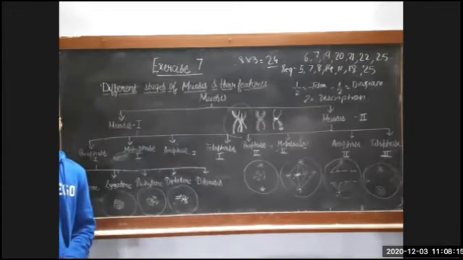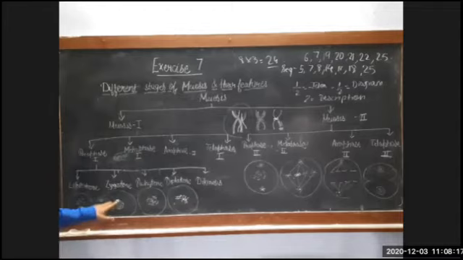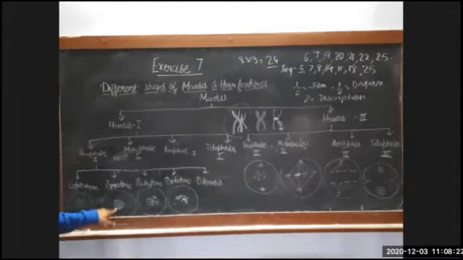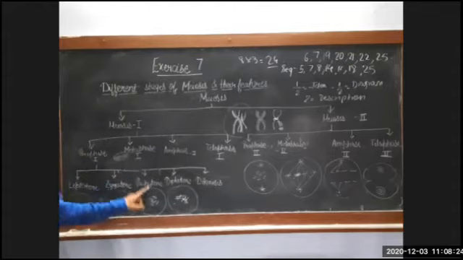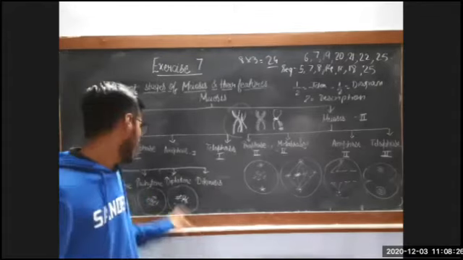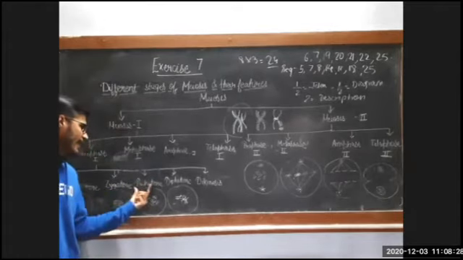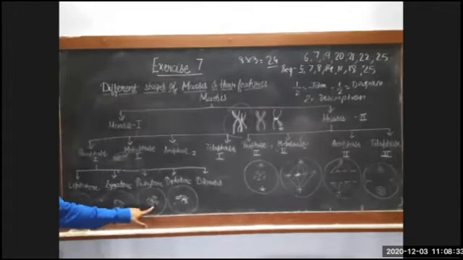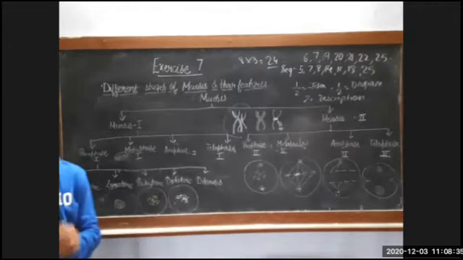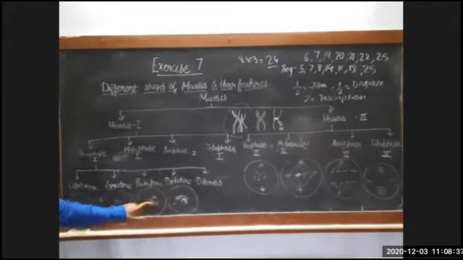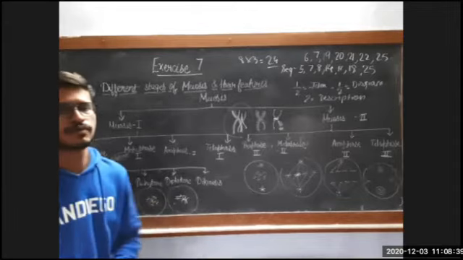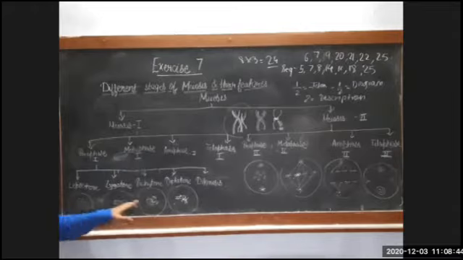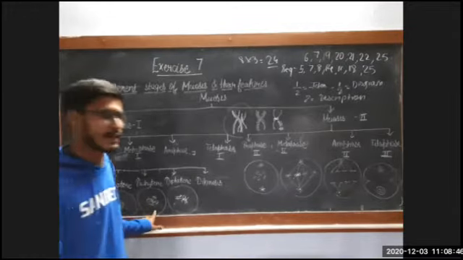What is the meaning of the word bivalent? The chromatin threads get together. It means bivalent. After this comes the pachytene stage. The word pachytene means thick. So here see, it becomes thicker and the organization becomes clearly visible. It takes a shape, and here tetrad is formed. Now what is a tetrad? You can see here, this is a bivalent and this is a tetrad. Two of these bivalents make a tetrad.